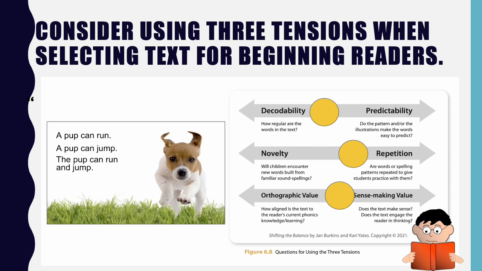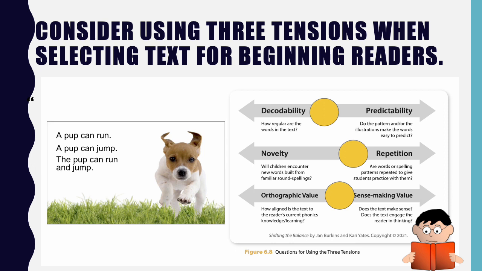And sometimes decodable books use sob instead of a more common word like cry, so that it can be decoded. And then the predictability is, do the pattern and or illustrations make the words easy to predict? Because if they do, we really want to take that away and allow students to put their eyes on the